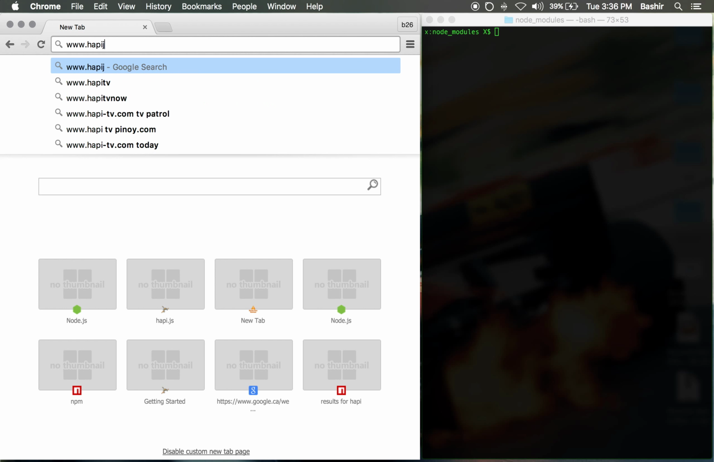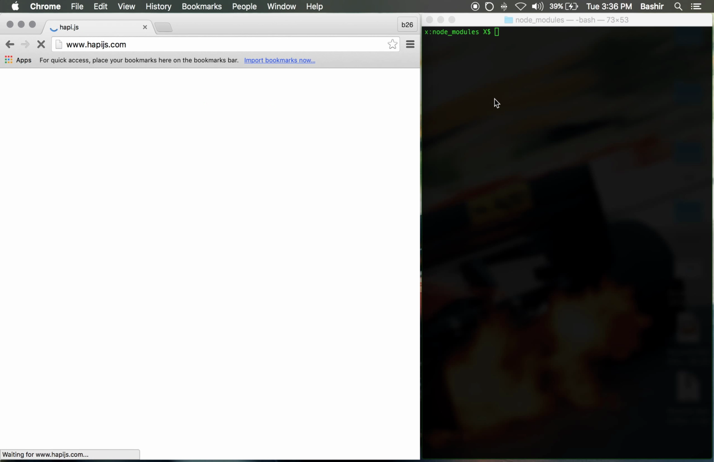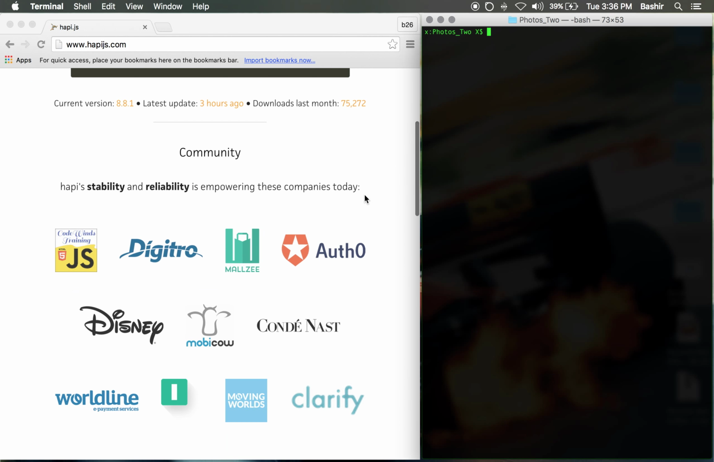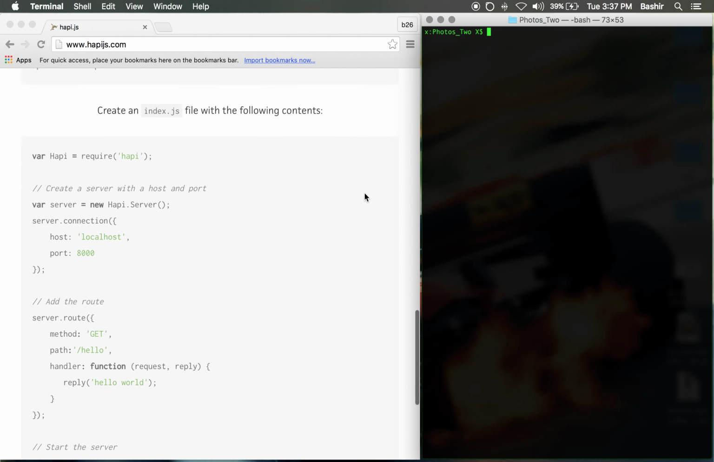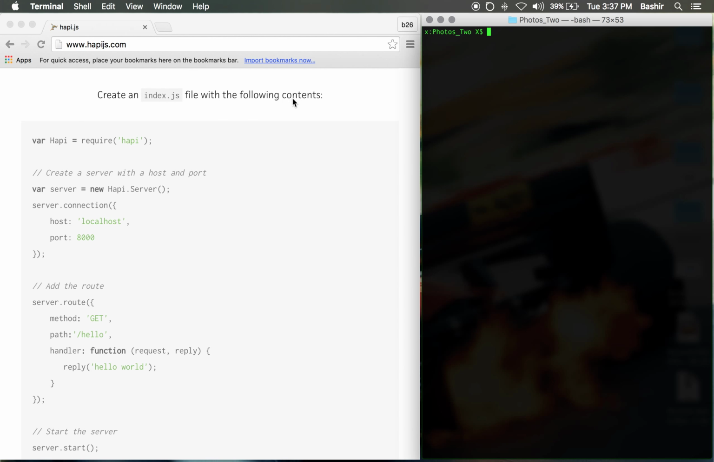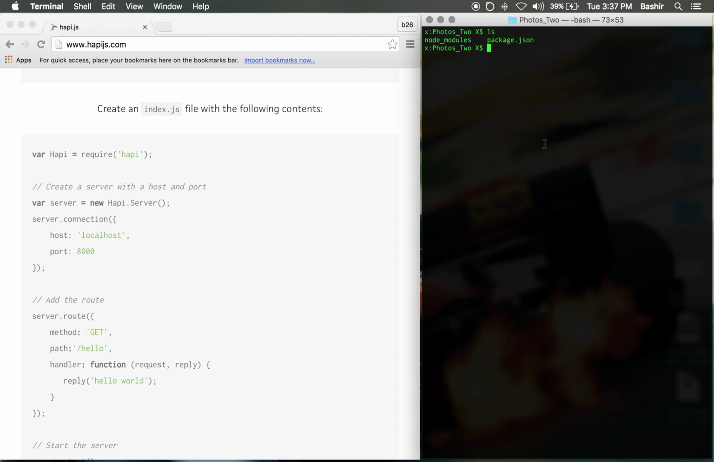So let's go to hapijs.com. Go down to where it says create an index file, but we already have that. Let's go to ls. We still haven't created our index file. Okay, so if you're on a Mac, this will be very easy. Just type in